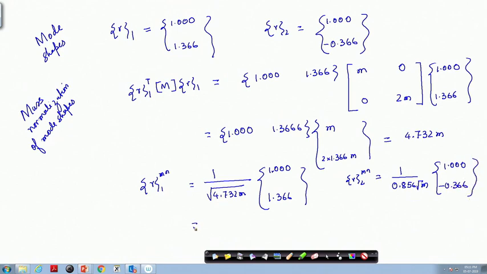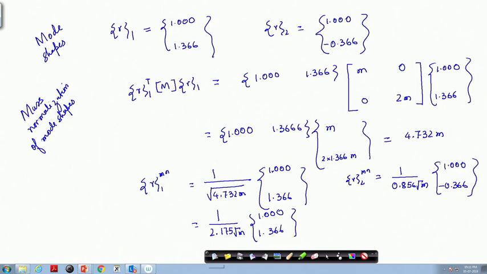If I evaluate this, this is 1 by 2.175 into root over m into 1.000 and minus 0.366. Okay, so we have got the mass normalized mode shapes. So, let us write down the mass normalized